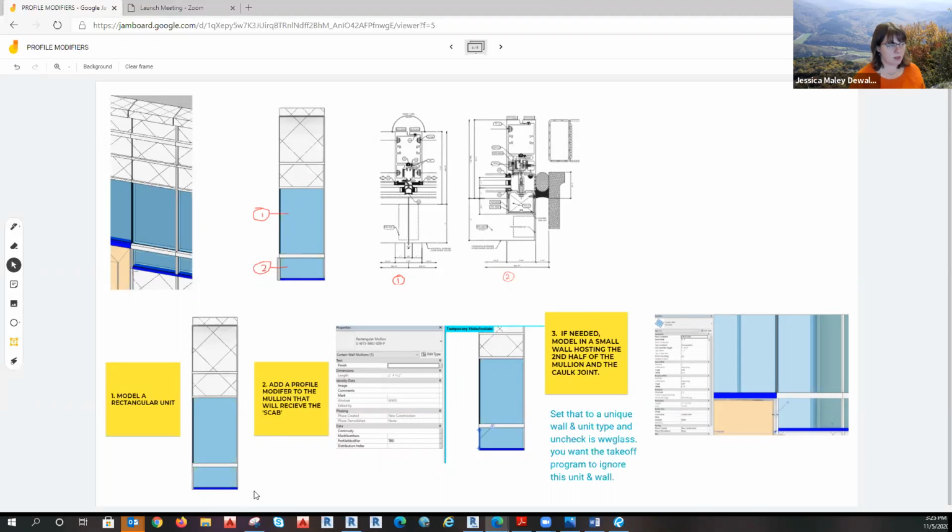So the way to model a condition like this with a scabbed on vertical is that first you model your unit, and then where you're supposed to have the little scabbed on piece, you don't modify the profile or anything. You just keep your unit a rectangle. But then where the scabbed on piece is in your model, you select it, and then you put your profile modifier on that piece. Then if you want to have an accurate model that looks correct, so you can make sure everything's in the right spot in regards to the caulk joint,